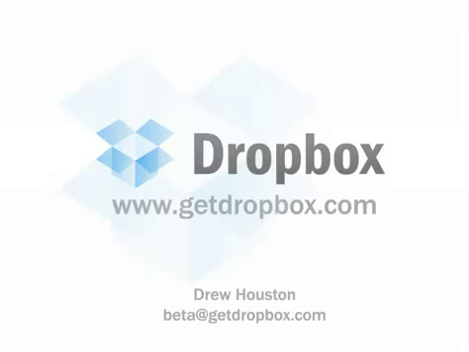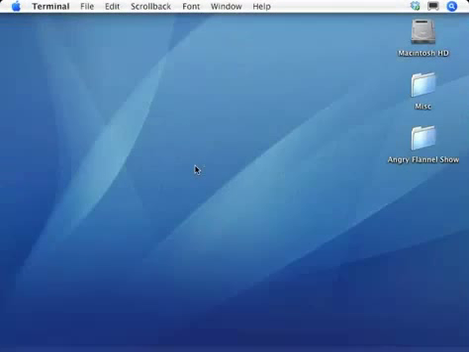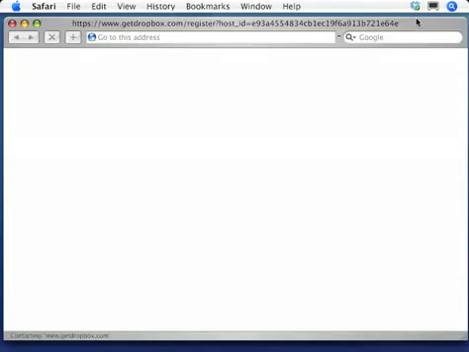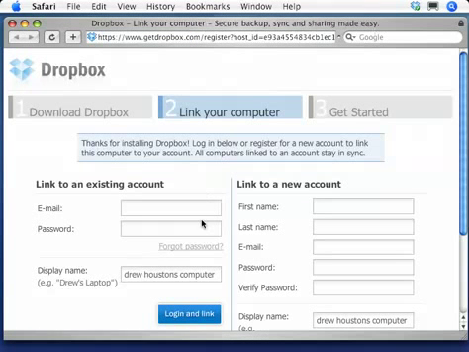Okay, my name's Drew, and I'll be showing you a quick tour of Dropbox, which is a new way to store and share files online. What makes Dropbox different is that it just works, and there isn't any complicated setup or interface to learn. So let's get started. I've already installed Dropbox on a Windows PC and put a bunch of files in, and